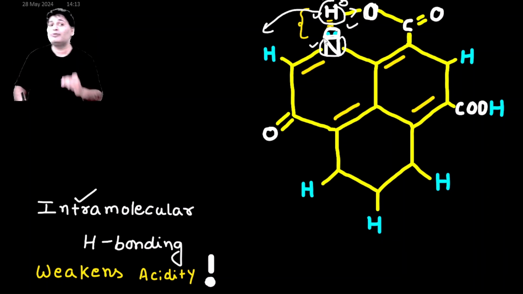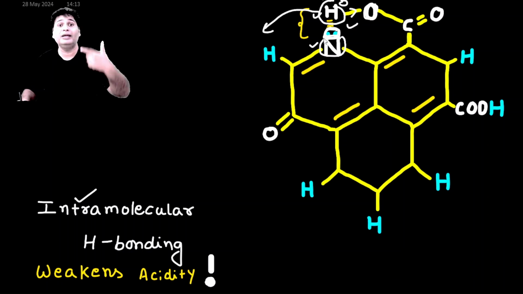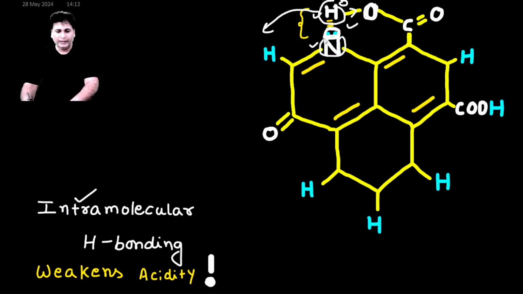So now you are in a position to compare between D and F, because D was a free particle, and therefore it has to be more acidic than this F option. Okay, now